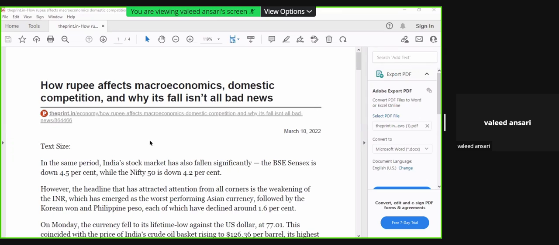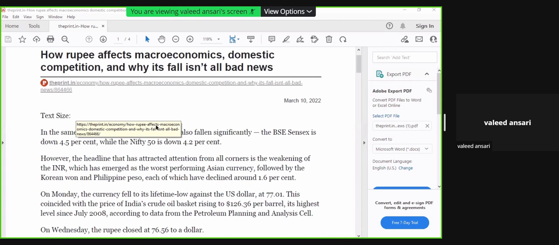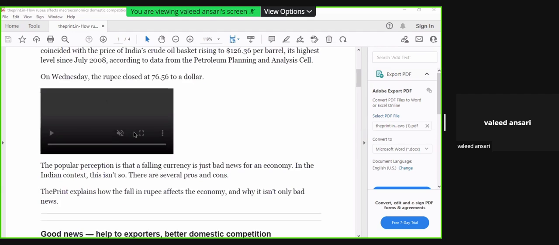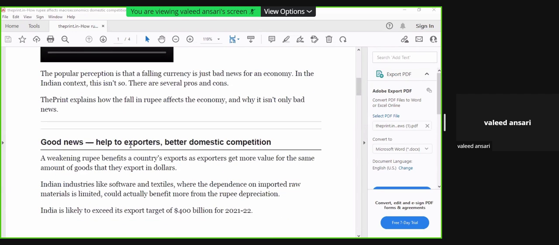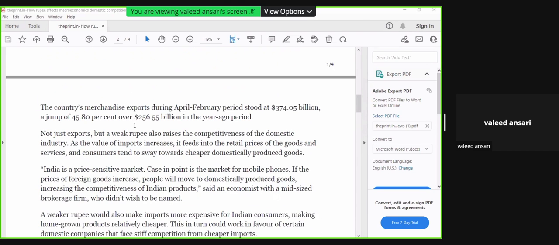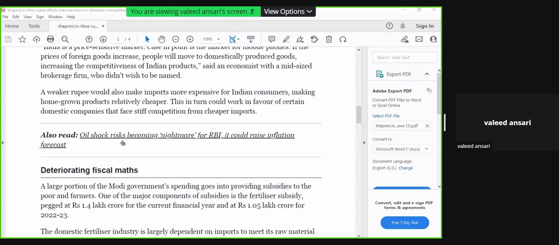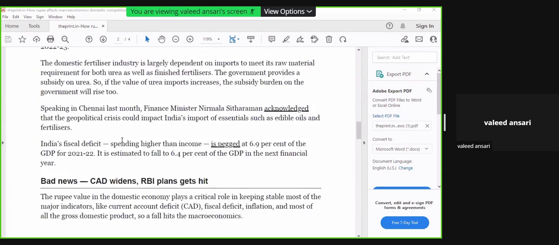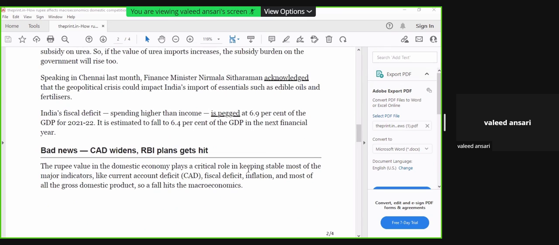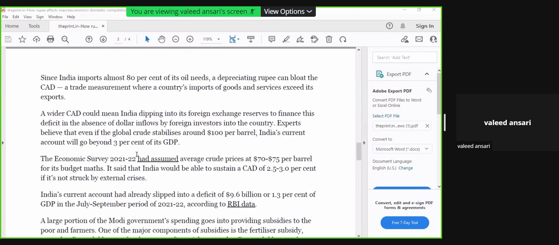This is an article from The Print on how the rupee affects the macroeconomic domain and why it is today's news. The online version is available, and this explains how good news helps the exporter and domestic competition, how a weakening rupee affects it, and how it is going to affect the CAD, that is the current account deficit, and other things. The rupee value plays a crucial role in stabilizing the current account deficit, fiscal deficit, and inflation. So this has been explained